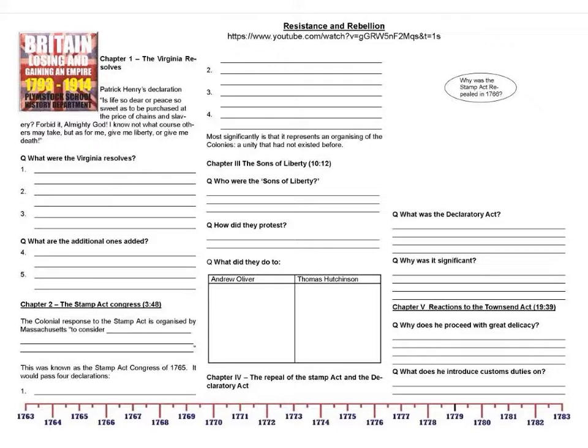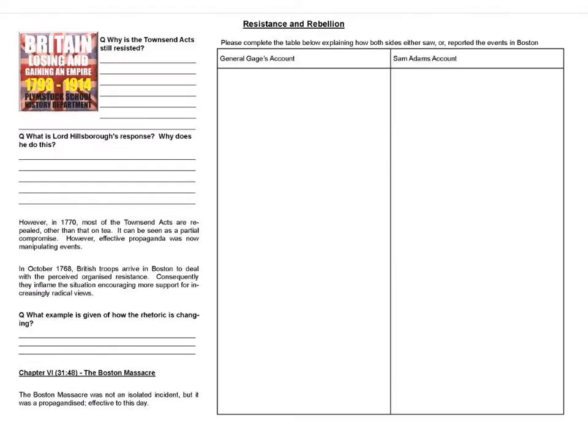Consequently, the Stamp Act being repealed by the Townshend Acts, how was it different? What principles were in it? Moving on, why were the Townshend Acts resisted as well? And moving forward then to the general standoff between the British and the Americans, the British insisting through the Declaratory